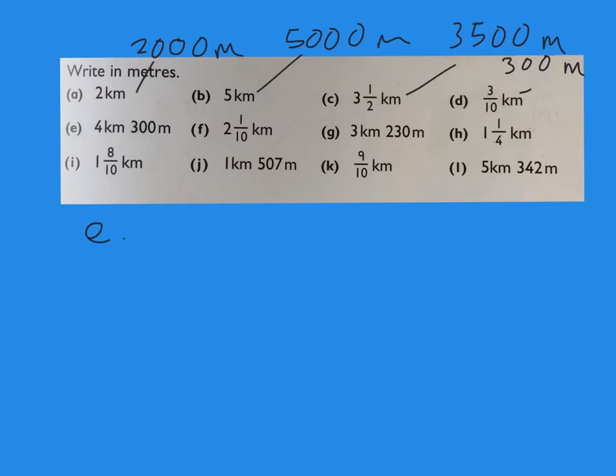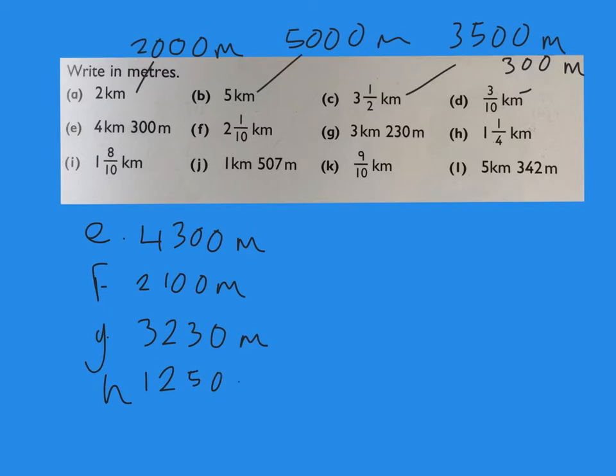Okay, so if I look at E, E is 4 kilometers, 300 meters. In meters only, that is 4,300 meters. In decimal form, it would be 4.3 kilometers. F then is 2 and 1/10 kilometers, so 2 kilometers is 2,000. 1/10 of a kilometer is 100 meters, so it's 2,100 meters. G, 3 kilometers, 230 meters, so 3 kilometers, 3,000. Add the 230, 3,230 meters. H, 1 and 1/4 kilometer, so a kilometer is 1,000. Quarter of a kilometer is 250,